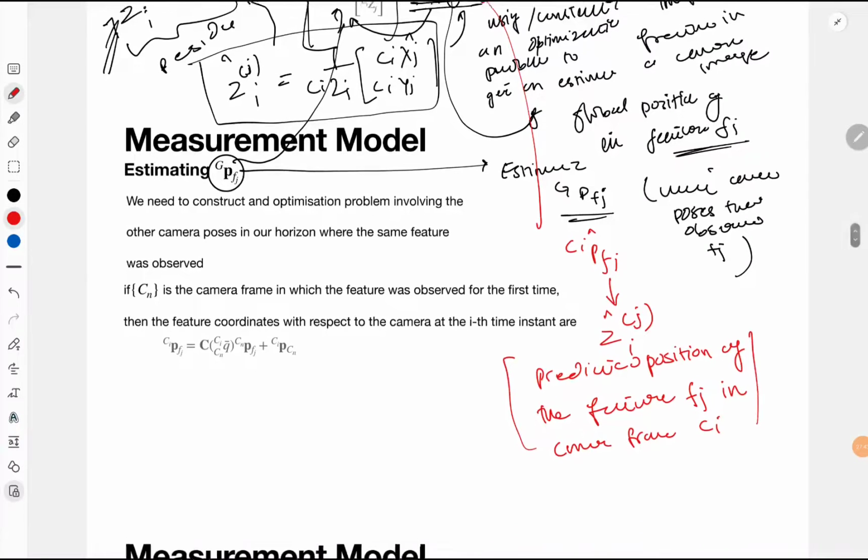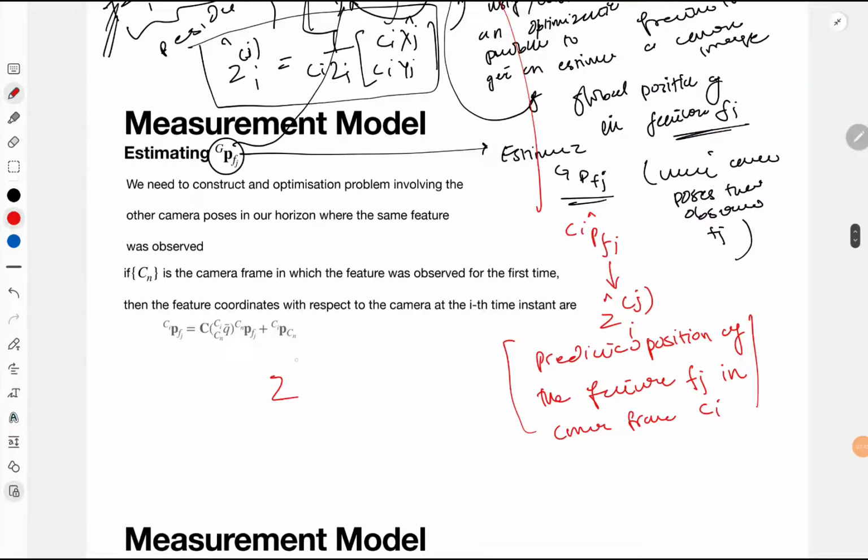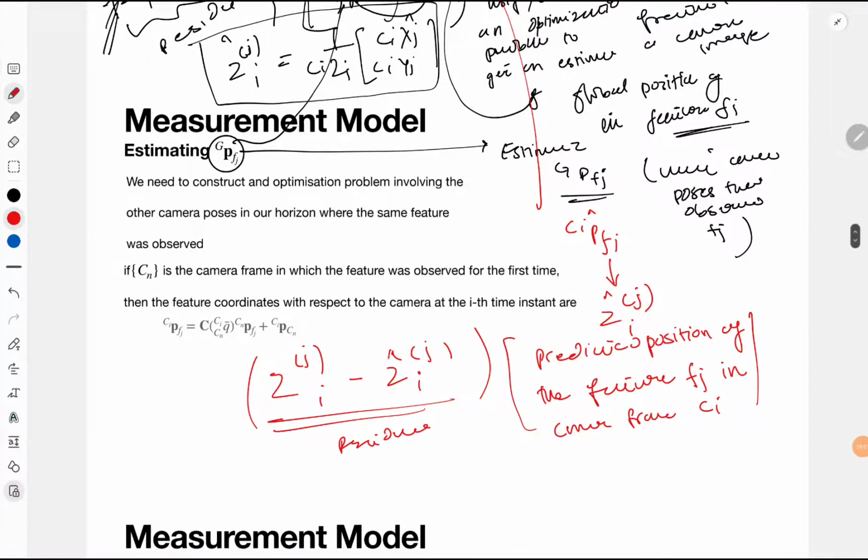And once you have both of these things, this would become your residual, and this is the primary contribution of this paper, that they're able to build this residual. So let's just look at how you estimate this thing. So you would construct a